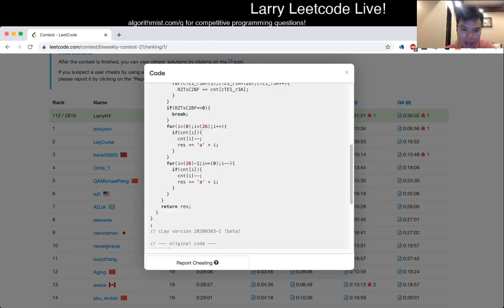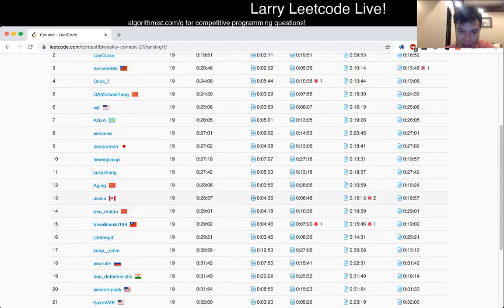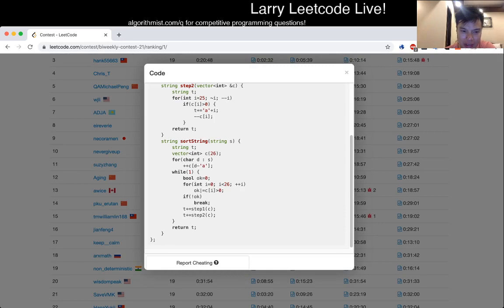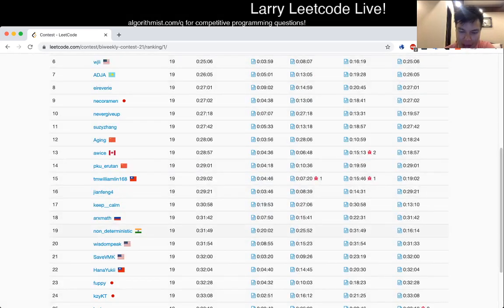Same thing. Lakers did the same thing I did, even though there's some frustration here. Let me see if I erased it. Yeah, same idea, really. Actually, this one is cuter, and he did it for the number of times that are in the string, so it doesn't even optimize there. Yeah, same idea as me. So I feel confident that we all mostly did the same thing,